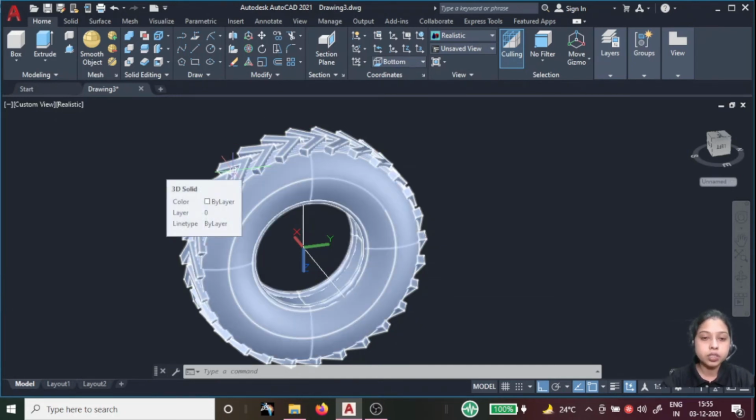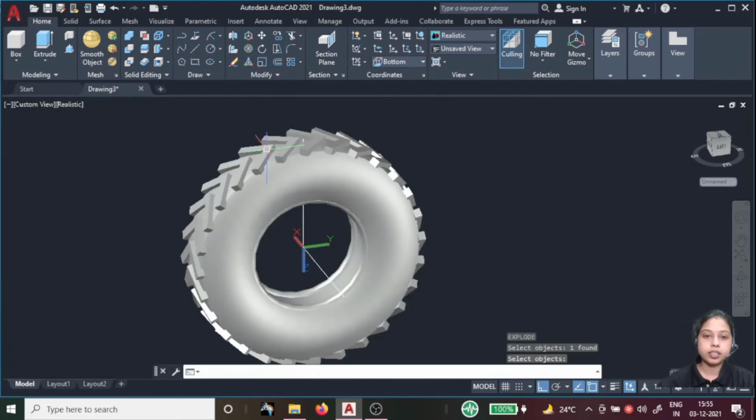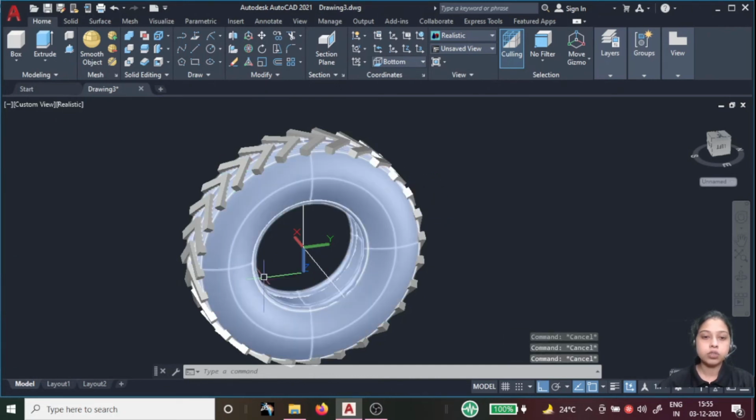So for that we need to explode my array. The explode key command is X, enter and select your array. Now then enter. Now see all the objects of my array profiles are separate. So now we can use them as separate.